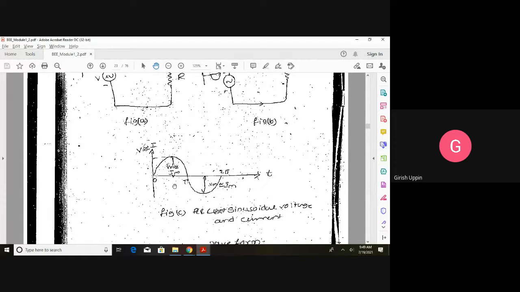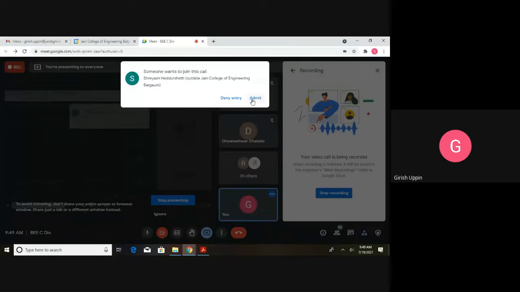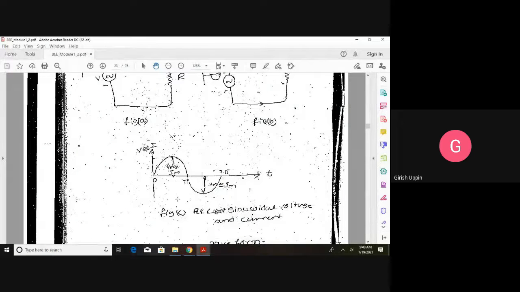It can be voltage or a current. It will take the form of a sinusoidal waveform. It is a function of the sine of the angle. When the angle is zero, the voltage is also zero. Then when the angle is pi by 2, sine pi by 2, we will have the maximum value. In the equation V is equal to Vm sin omega t, if omega t is pi by 2, then the sine of pi by 2 is 1. So the maximum value that can be attained by any alternating quantity is at pi by 2, that is V is equal to Vm.